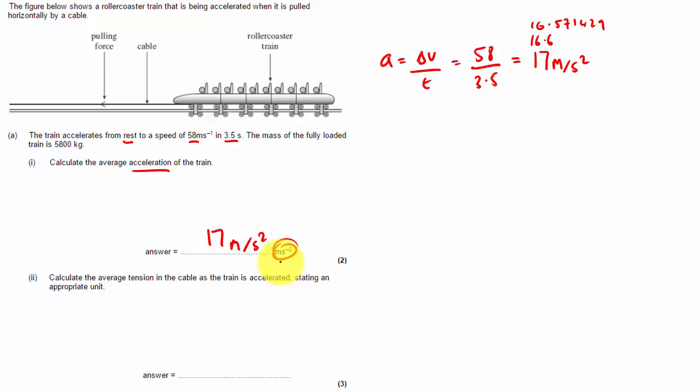Right, next step. Calculate the average tension in the cable. You're given the mass. You've just calculated the acceleration. So the force required to accelerate this object, so that's the tension in this cable, would have to be equal to the mass times the acceleration. And the mass is 5800 times the acceleration, which was 17, and that comes out at